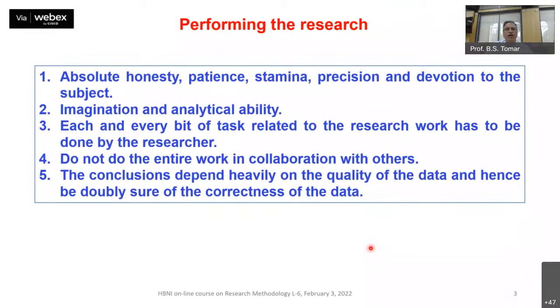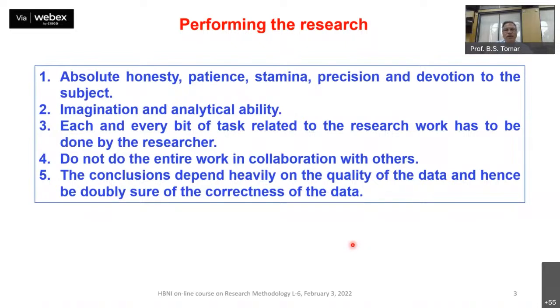Many a times there are failures and one may get frustrated. In fact, research at times is quite frustrating. So that is not to demotivate the young people from taking up research as a career, but it does require a lot of patience, particularly when you find results are not coming the way you expected, but you don't have to lose heart. So you require tremendous stamina,